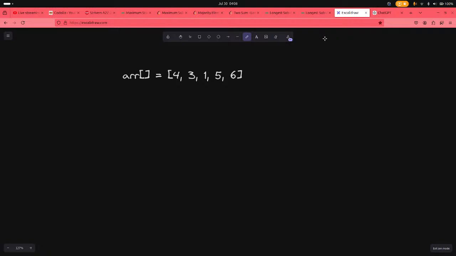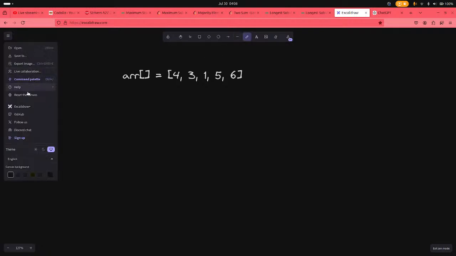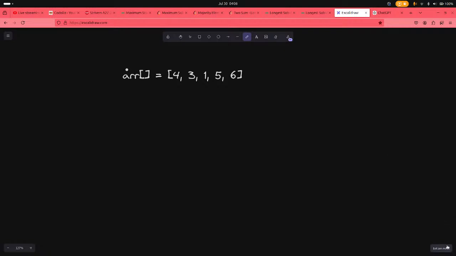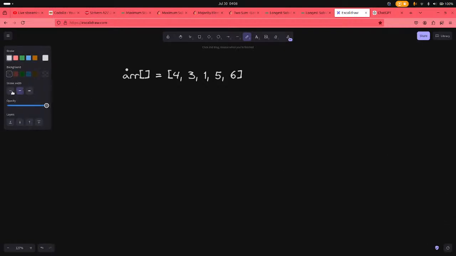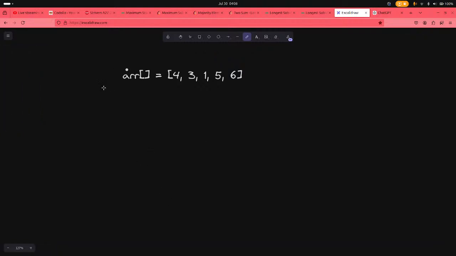Okay, so how to do it? So what are the assumptions and intuitions? So let me write the subarray at first. So this is first step. Subarray is, let me just spend more time just to get this. Okay, so the first subarray